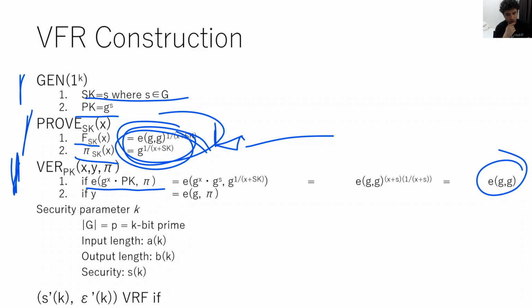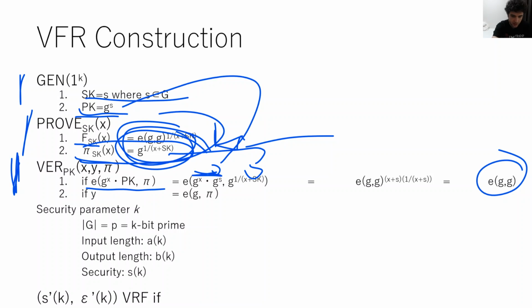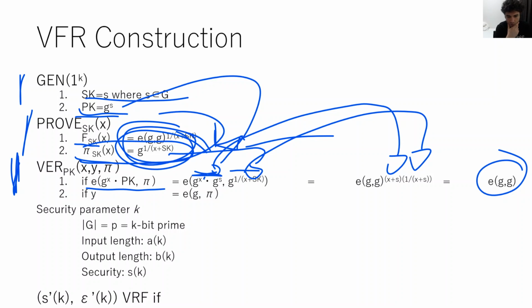Okay, and how we get there is just plain substitution, right? So remember, your private key is g to the s, so we input that right here. Remember from our definition of pi, we can replace it down here. Now that we have this, because e is a bilinear map, we take the x, the s, and we put it out here. We take the 1 over x plus sk, and we put it over here. And then now we can cancel out this x plus s, and we're left with just e to the gg,